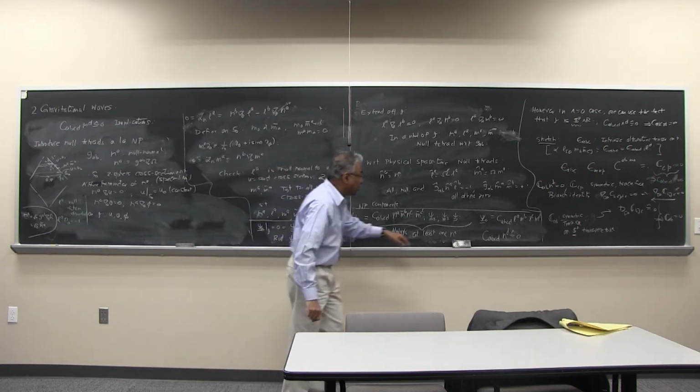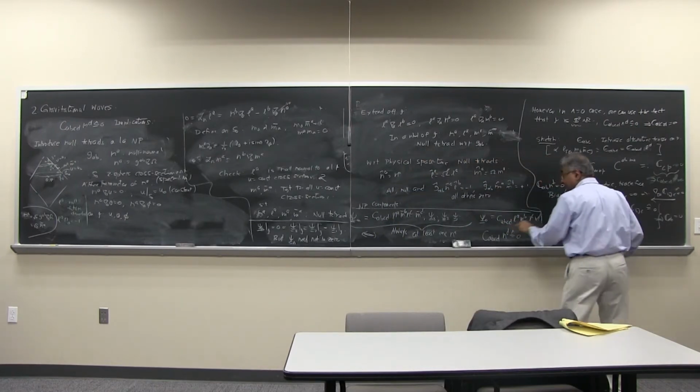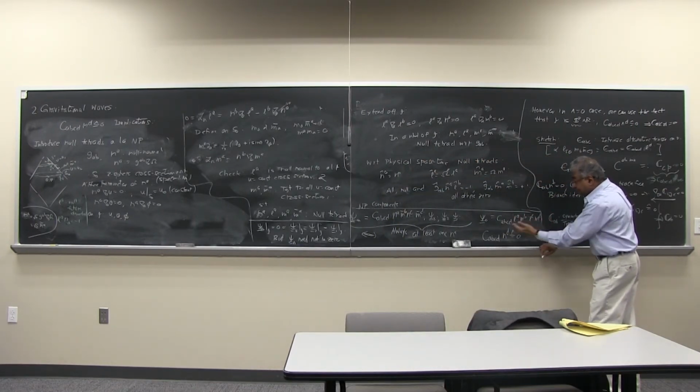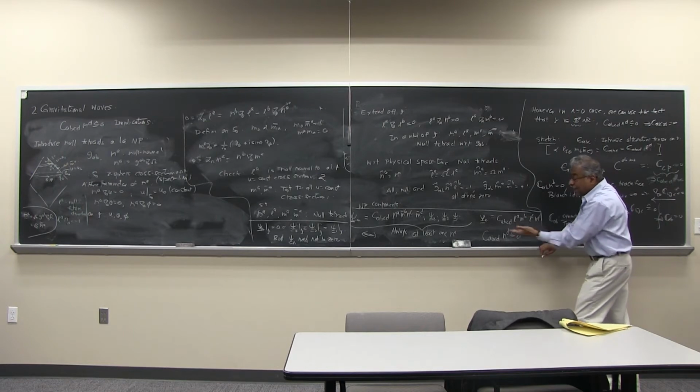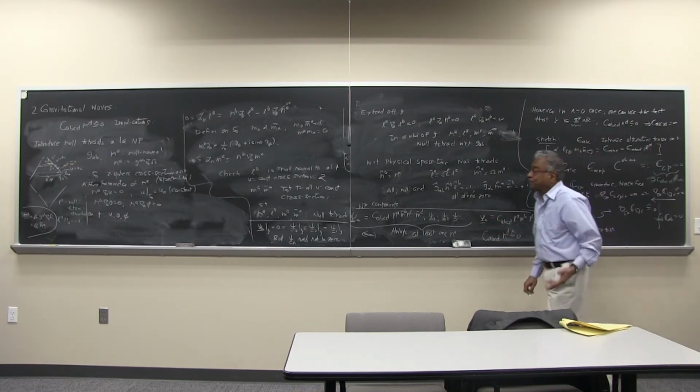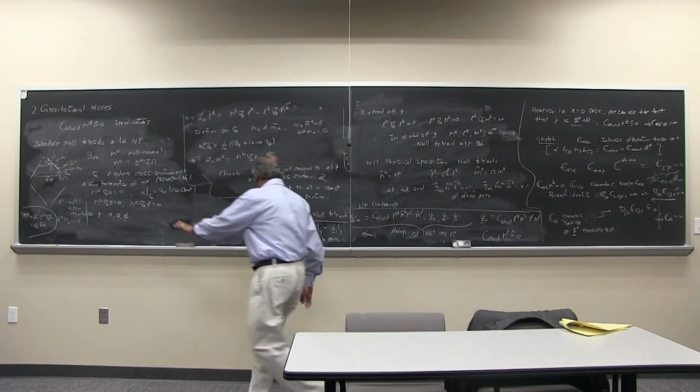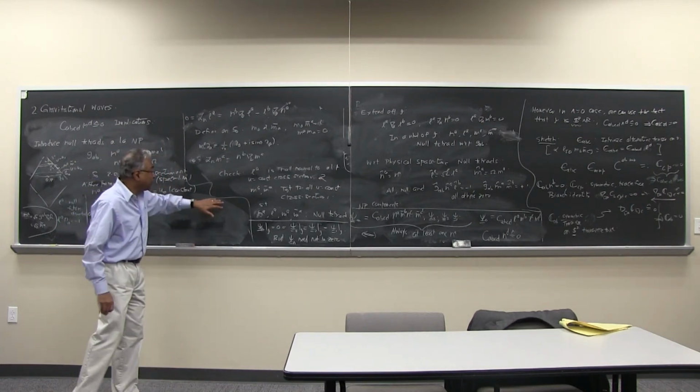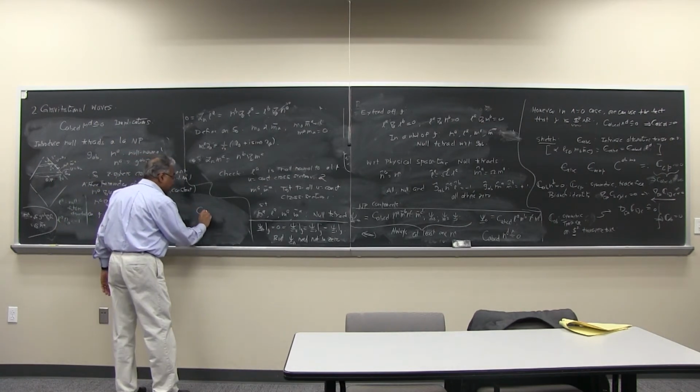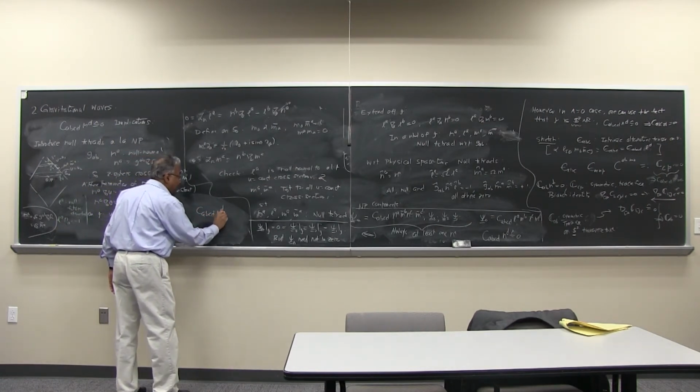And it did not vanish because there are 2 L's here. Because there is no n here. There are just L's, and there is no n here at all, and therefore. So, what we had obtained here as a consequence of the field equation was the condition C_ABCD n^D must vanish